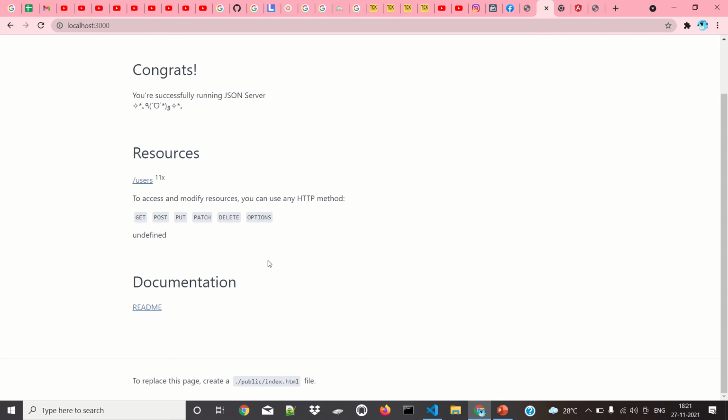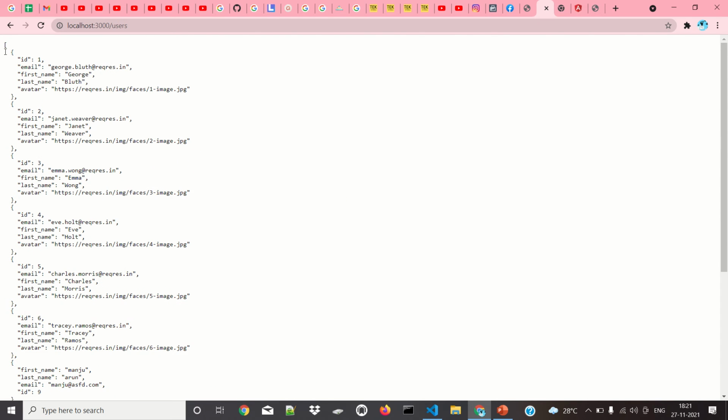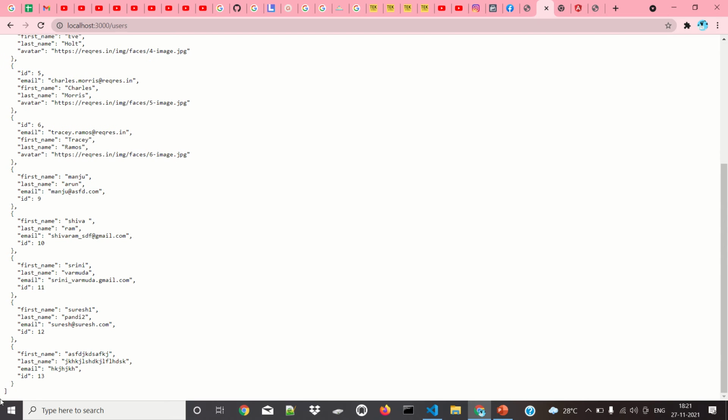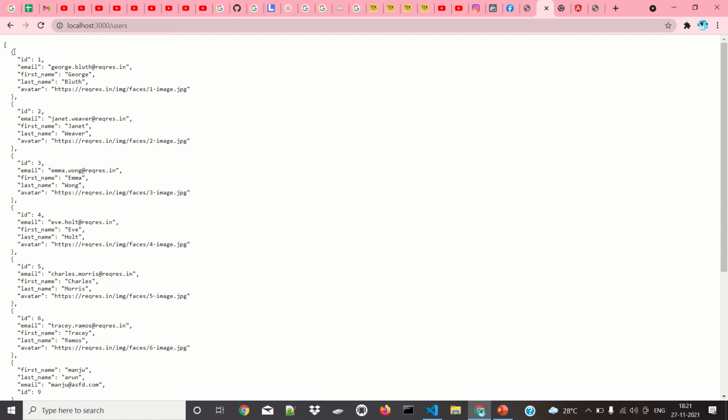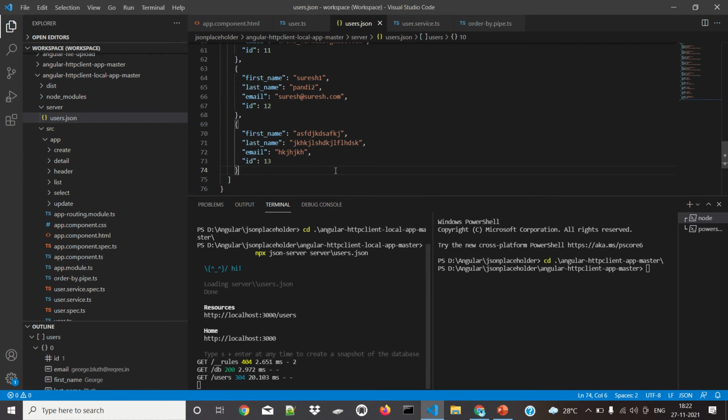It gives REST APIs for accessing the application. The GET method is there, along with POST, PUT, PATCH, and DELETE. These are the methods we can access. This is the database server for us. When I click here, I can see the whole structure present inside. For this, we first need to create a square bracket and close the square bracket, then give the entries inside. If we want to add manually, we have to go to the last item, put a comma, and add the same thing.